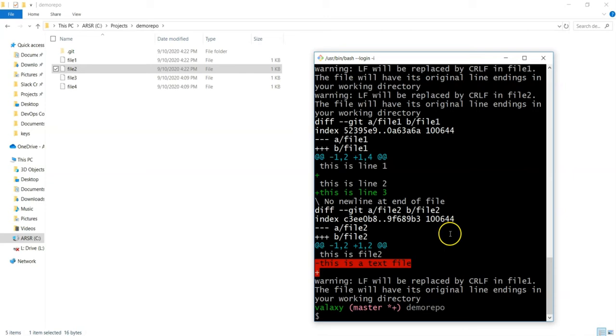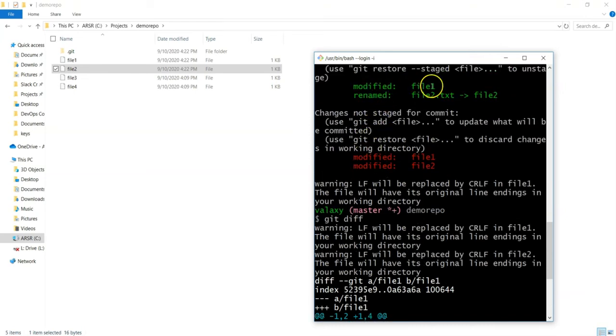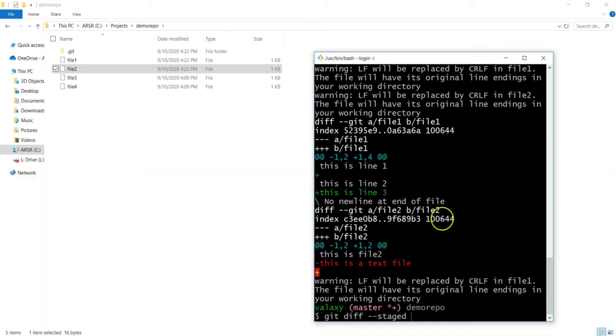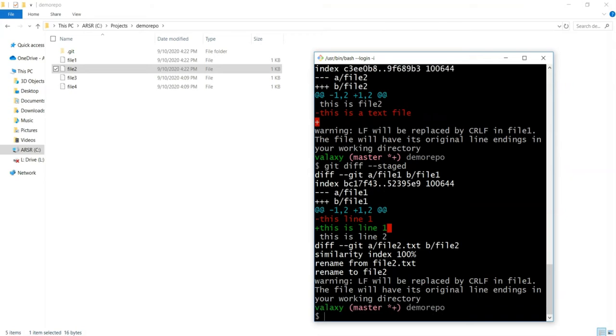Now I would like to compare the files which are there in my local repository with the staging area files. Means same file 1 and file 2. File 2 is not there anyway. File 1 is already there in our local repository, right? But file2.txt is there in our local repository. To compare the local repository with our staging area, we need to use a command called git diff --staged. Okay, so git diff --staged. Now let's execute this one and we'll see what will happen.